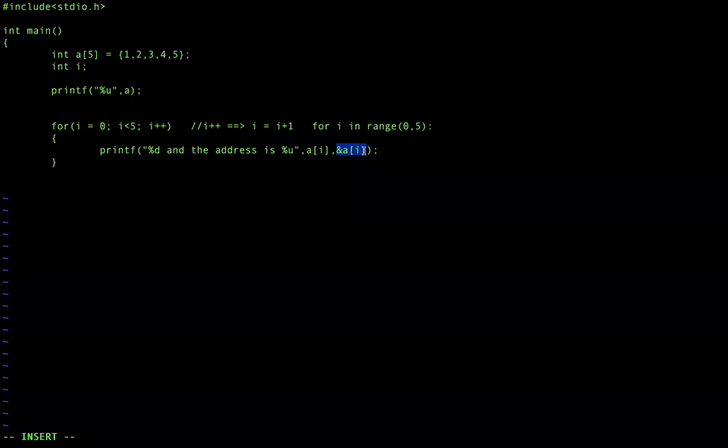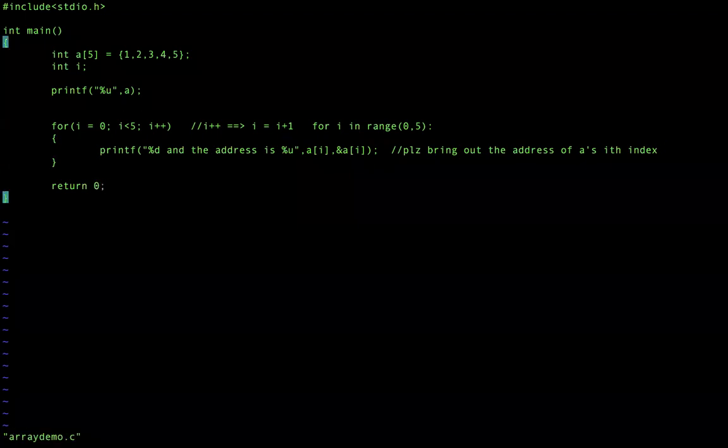Sir, earlier the scanner, the address of this particular element? Yes, I am telling that. Please bring out the address of A's ith index. So ith index means 0 index, 1 index, 2 index, 3 index, or 4 index. So you're telling that bring out the address of A's ith index. Okay. Now this is how I am printing the addresses. I'll just do return 0 and end it.